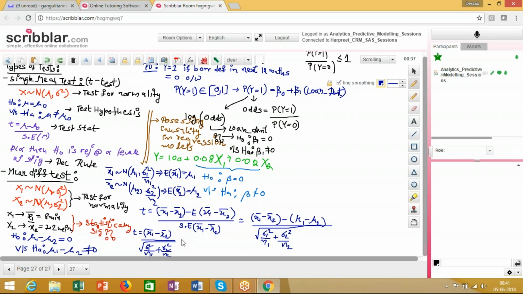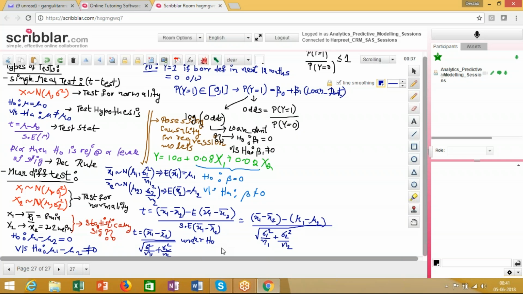Now, this is the test statistic under H0. So what we generally do is we try to find the value of the test statistic under H0. Once we have evaluated the statistic value under H0, the next thing that we do is